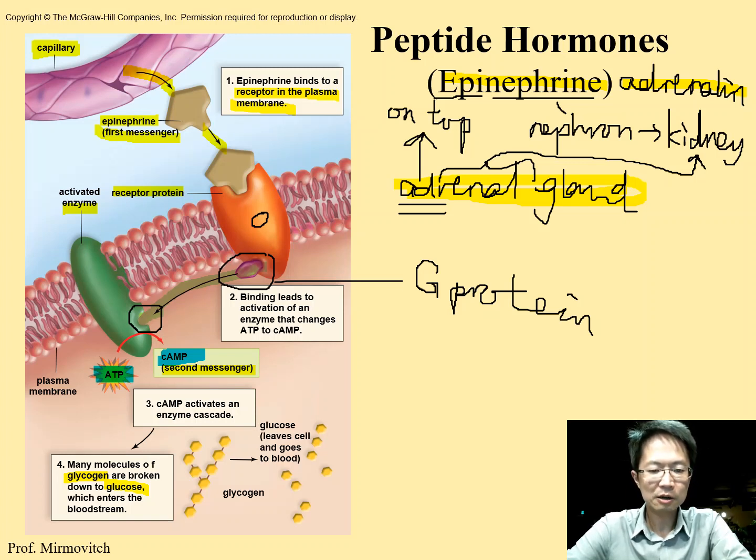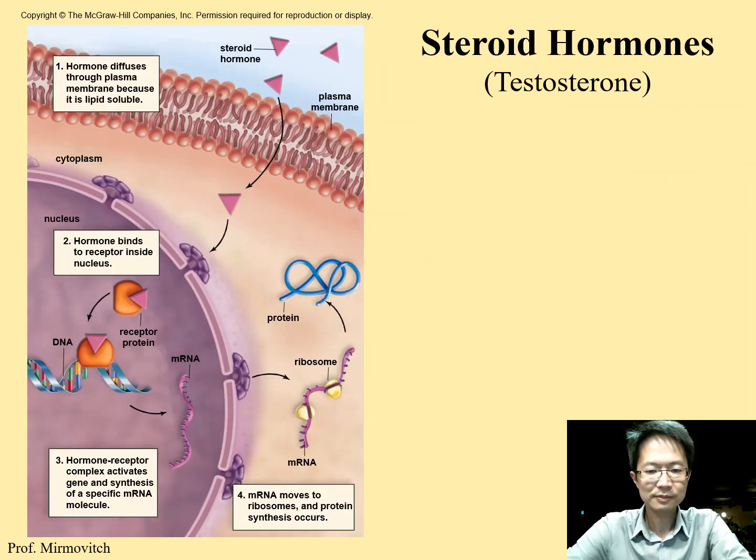So this cyclic AMP pathway, or G protein coupled cascade, or second messenger cascade, there are all sorts of names. One of the functions is to break down glycogen into glucose. When? When you have a low blood glucose level, when your body needs more energy, then it will break down glycogen into glucose so that your body can use glucose to make more ATP. What about